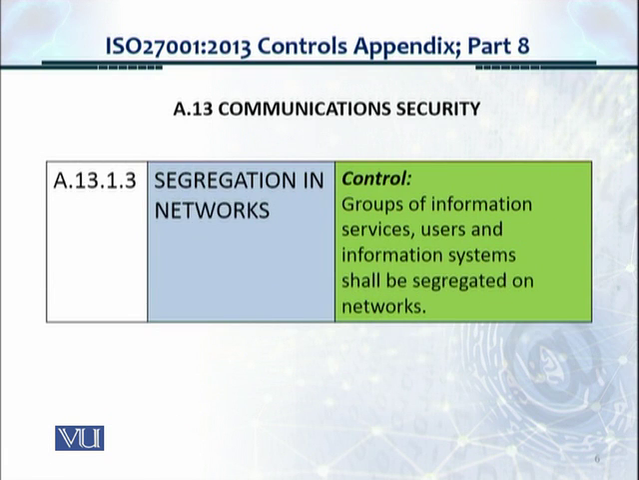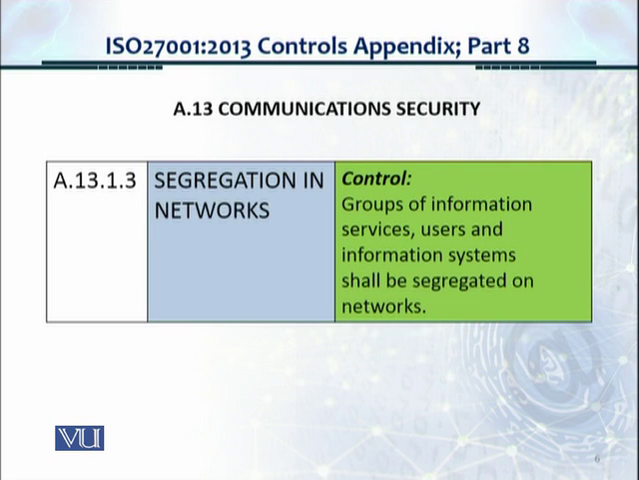Segregation in networks. What are we talking about here? Very important control. Segregation. Groups of information services, users, and information systems shall be segregated on networks. So here we're talking about VLAN segregation, for example, on the Ethernet network, and that is a logical separation, for example, to separate the data traffic and the voice traffic, and each department, for example, the finance department and the marketing department and the IT department, they should have separate VLANs so that the traffic is segregated,